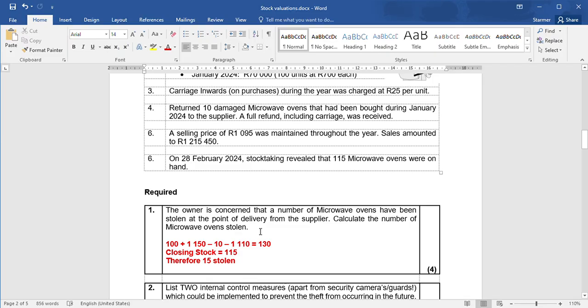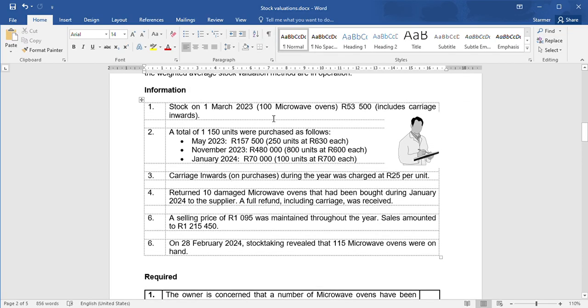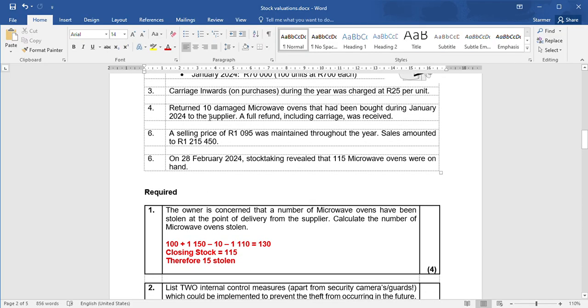To work out if any items have been stolen, you first of all need to work out how many items you should have on hand. So if you look at the information here, we started with 100. We're going to add the number of units we purchased, 1150. They tell you that you returned 10 microwaves, so you're going to subtract the number of units that you returned,